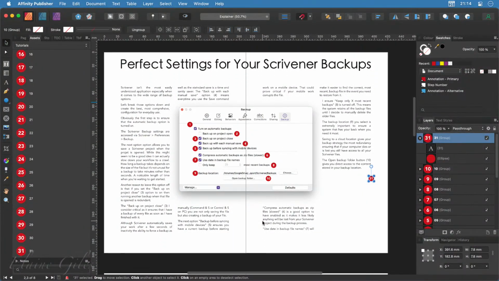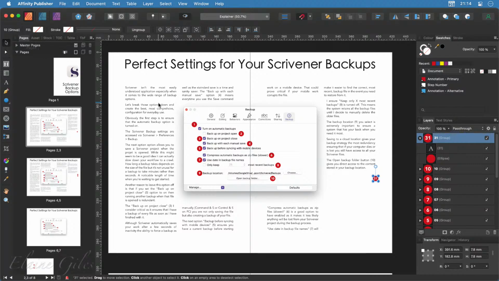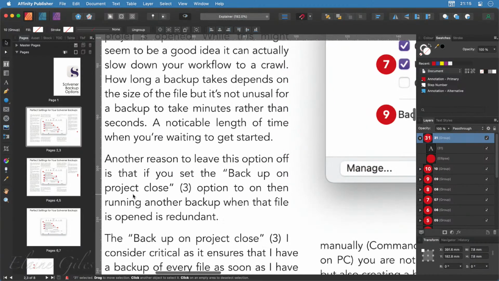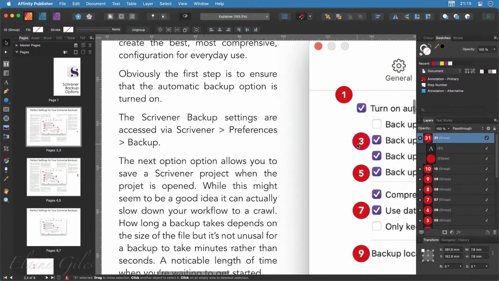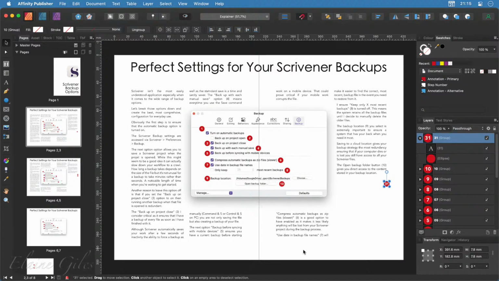Right, even that is nowhere near as good as it could be. What I've done with this is, throughout the text, I've referred to the numbers. So if we actually look at some of the text there, another reason to leave this option off is that you can set the backup on project close 3, where 3 is referring to the number 3 up here. But if you look at the entire page, while it's got a bit of colour and that's in the middle,